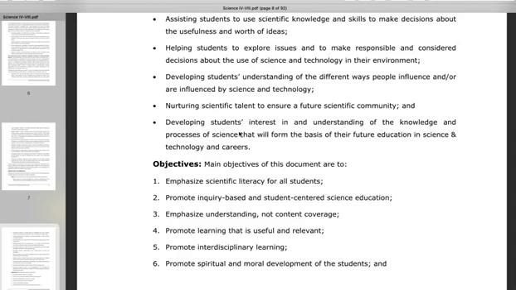क्या हैं जी मेन ऑब्जेक्टिव? हम पहले 2 ऑब्जेक्टिव पढ़ते हैं। Emphasize scientific literacy for all students, promote inquiry-based and student-centered science education. अब ये जो इन्होंने टर्म्स यूज़ की हैं, इंक्वायरी बेस्ड एंड स्टूडेंट सेंटर्ड, हो सकता है कि इसकी भी मुख्तलिफ़ किस्म की डेफिनेशंस मौजूद हों और डिफरेंट हो, सब्जेक्ट टू सब्जेक्ट वेरी करती हों। इंक्वायरी बेस्ड का जो मीनिंग है या डेफिनेशन है वो डिफरेंट हो सकती है, इंग्लिश सब्जेक्ट के लिए डिफरेंट हो सकती है, मुताला पाकिस्तान, हिस्ट्री या इस्लामियत पढ़ने के लिए, और वो मुख्तलिफ हो सकती है जब हम उसे साइंस में इंटीग्रेट कर रहे हैं। सो इस डॉक्यूमेंट को बताना चाहिए कि व्हाट डज़ इट मीन बाय इंक्वायरी बेस्ड।